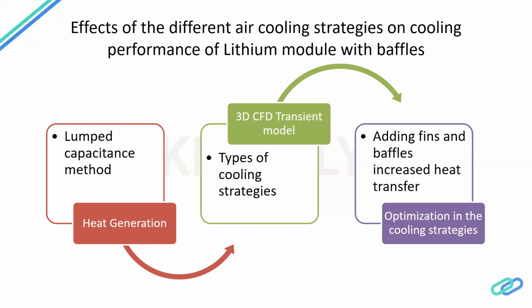Then you should model how I am supposed to reduce the heat generation. One of the best ways is to add fins or baffles, right? When you add fins or baffles, it should bring the temperature below 40 degrees Celsius or above 20 degrees Celsius, whichever way. But usually it doesn't work at first. You have to use your own intellect, your own knowledge to find out the best way to do it, correct?